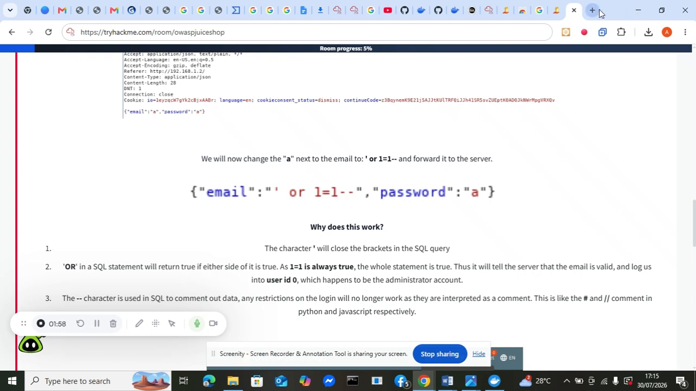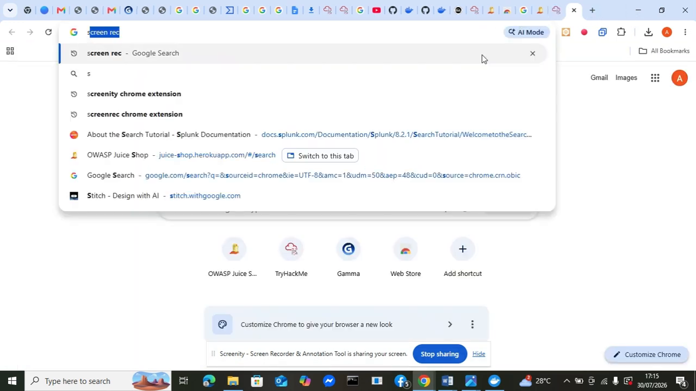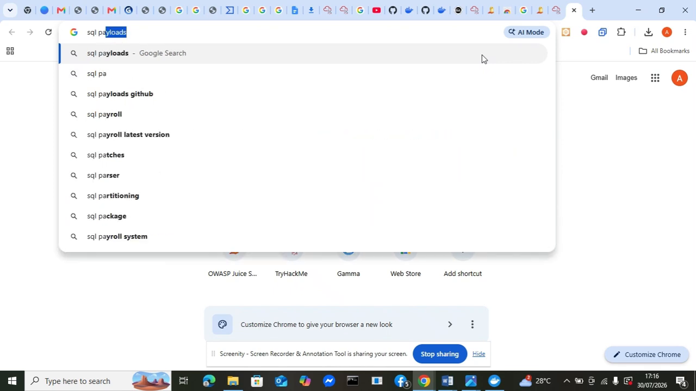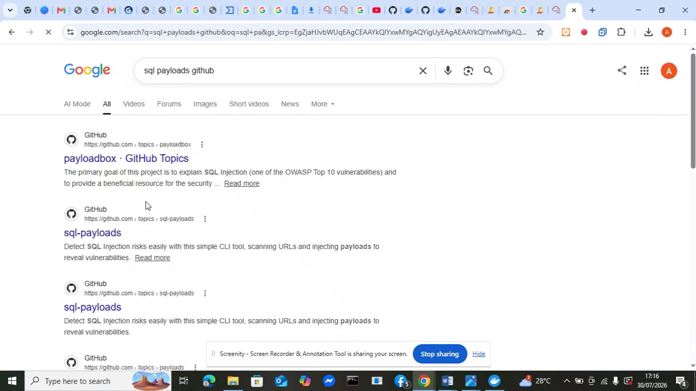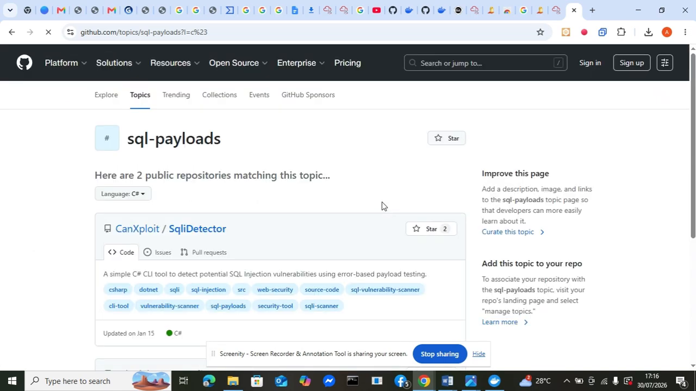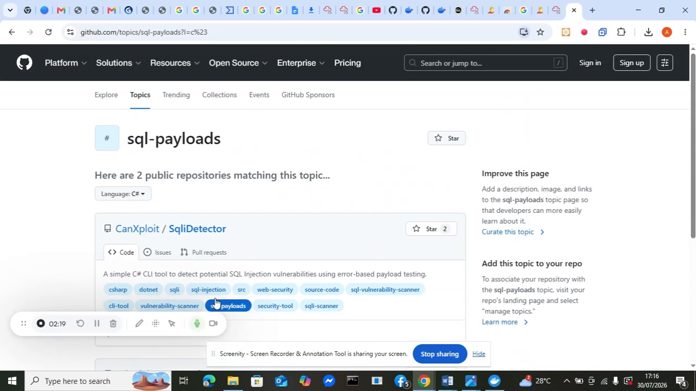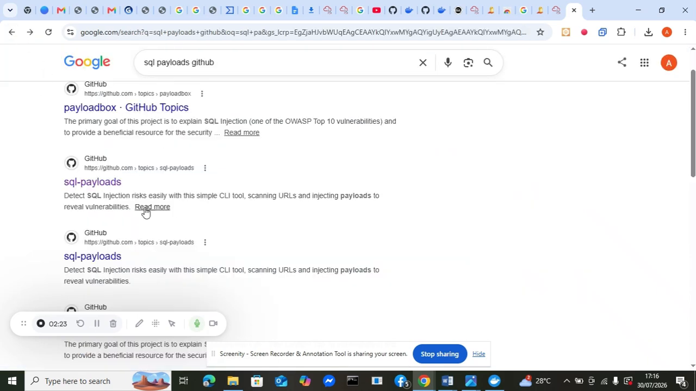So there are what we call SQL payloads. Let me just search SQL payloads online. Maybe let me check GitHub and then PayloadBox, SQL payloads, and the rest of that. There are plenty of them, 1,000 of SQL payloads. Okay, this person did not have. Okay, sorry. You can basically go to